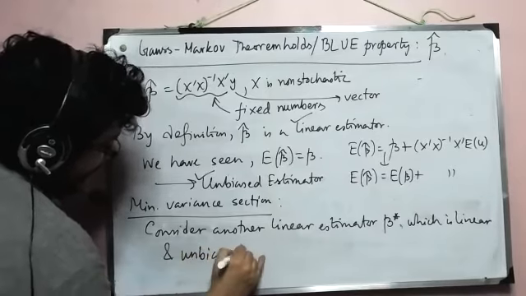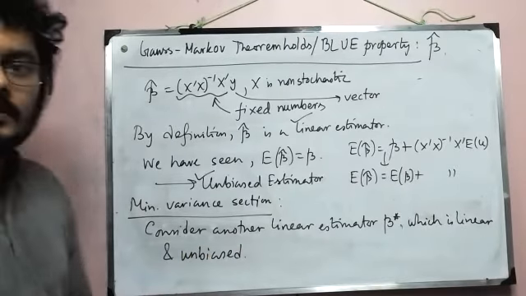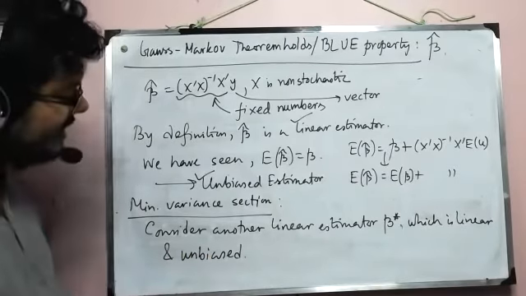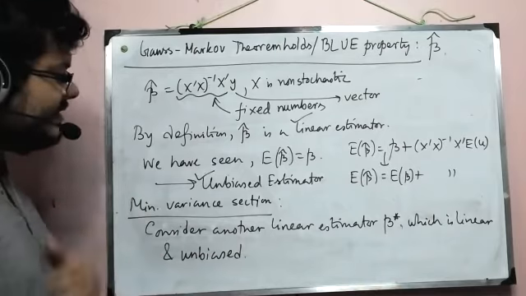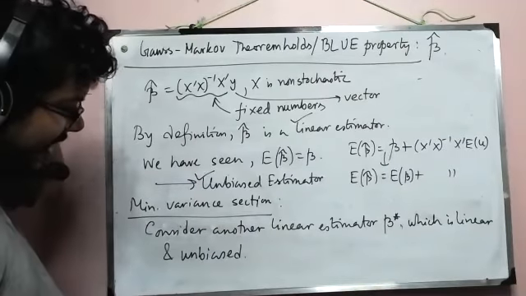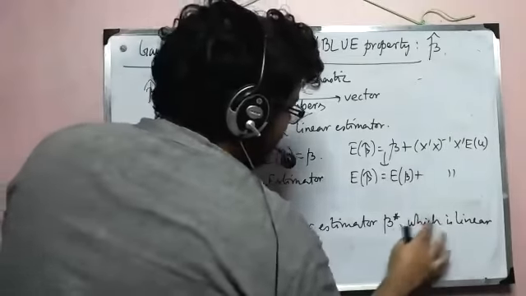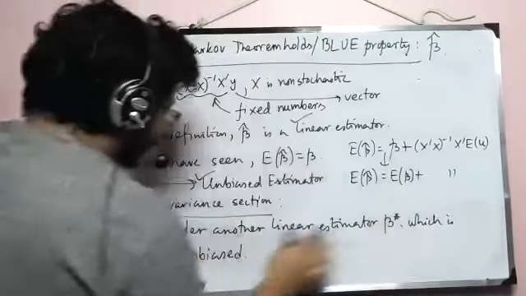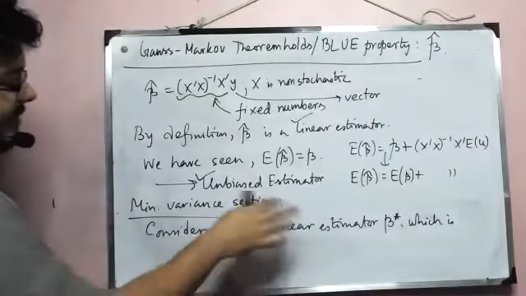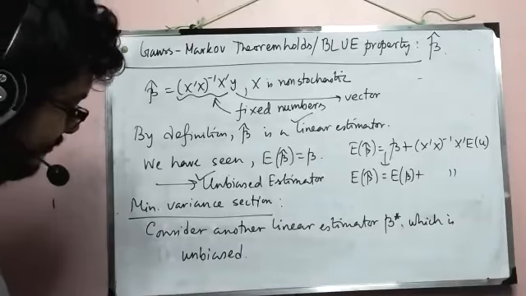Remember one thing, that this is quite important. You can construct another estimator which is probably not linear or not unbiased. So consider a linear estimator, beta star, which is unbiased